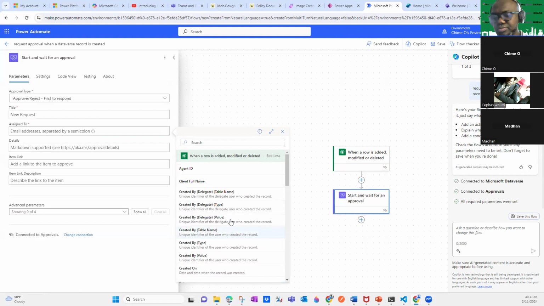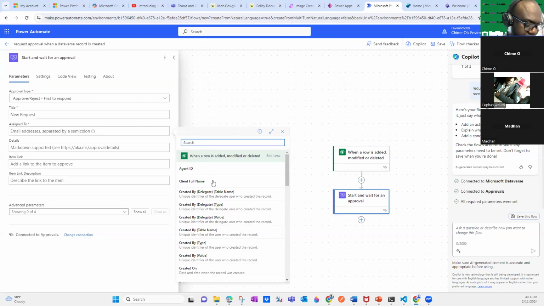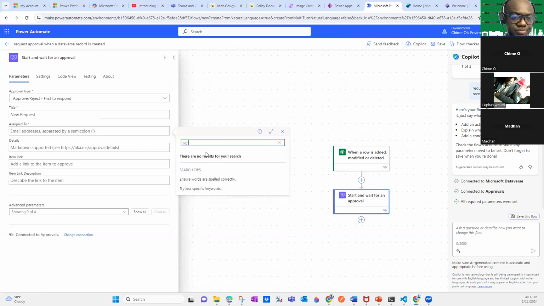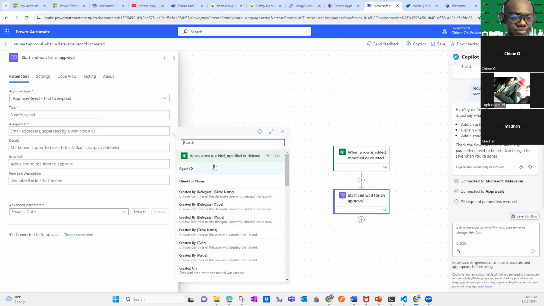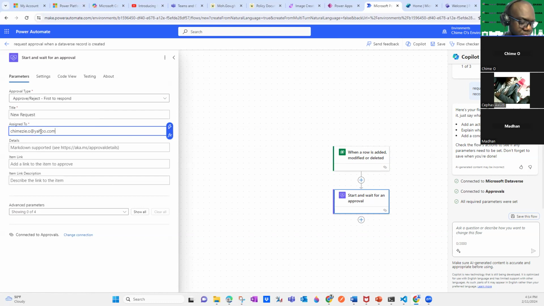It should be an email address. Sorry, guys, I don't think I saved that email address. Dynamically, I want to pull an email address from that table. We can also just put a value in, but dynamic content can bring in a value.